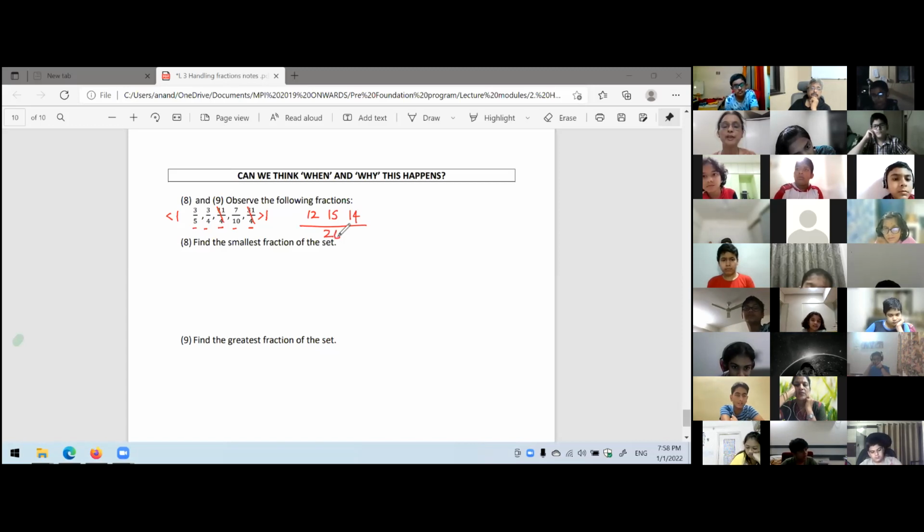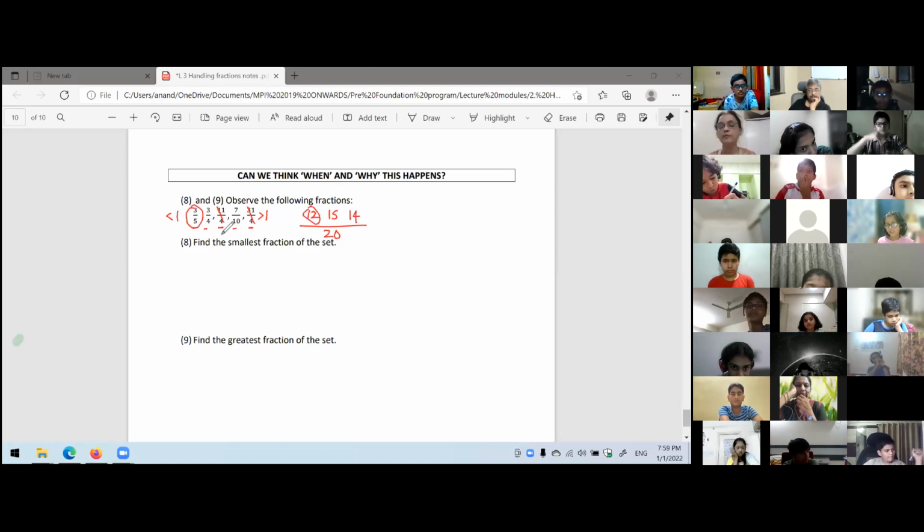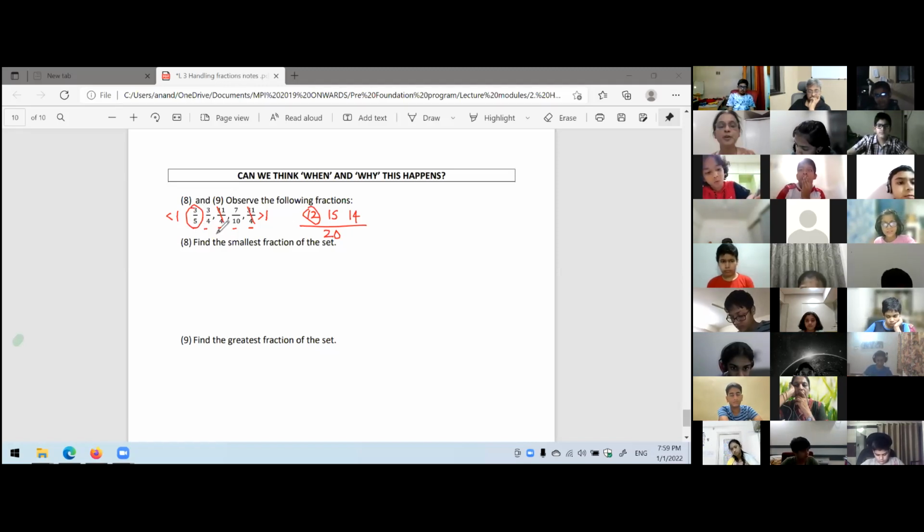And then obviously 12 will be the smallest. That is, 3 upon 5 becomes the smallest. This is one way of comparing these 3 fractions. I want you to find more than one way. You can compare 3 by 5 and 3 by 4 by the common numerator rule. You can compare 3 by 5 and 7 by 10 by equating the denominator. So many ways, permutations, combinations. So try some more ways, but the answer is 3 upon 5, the smallest one.